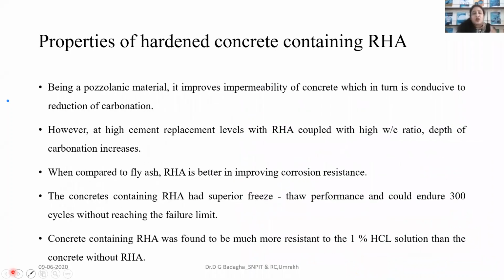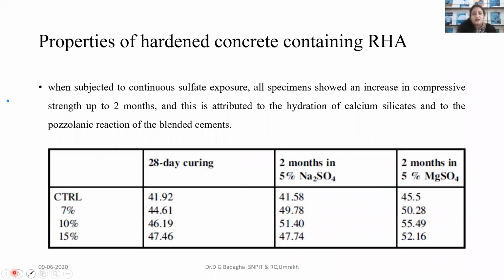Okay, so whatever I have shown you in the figure and whatever is discussed, I mentioned in the PPT. But now your main concern: for control concrete, what will be the 28-day curing strength, and what will be the durability if we go with any acid, any chemical. So that table is given.